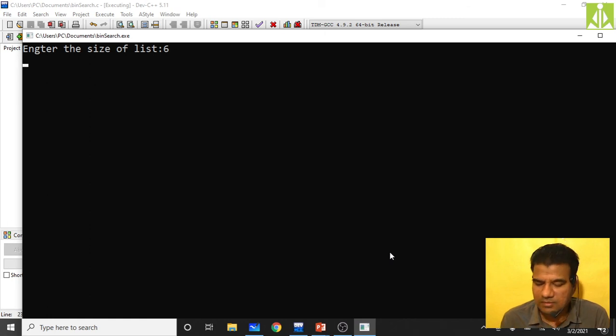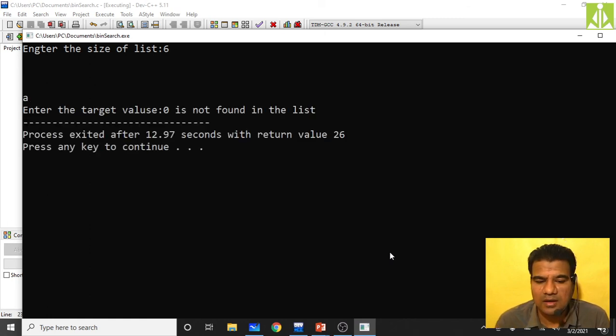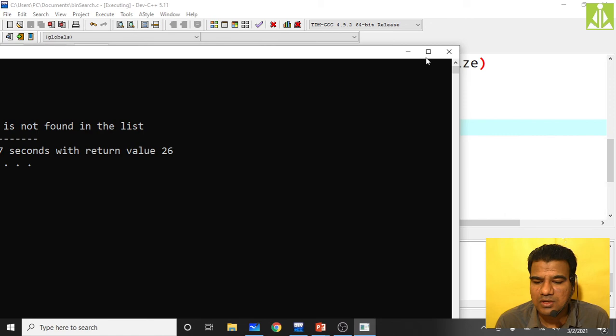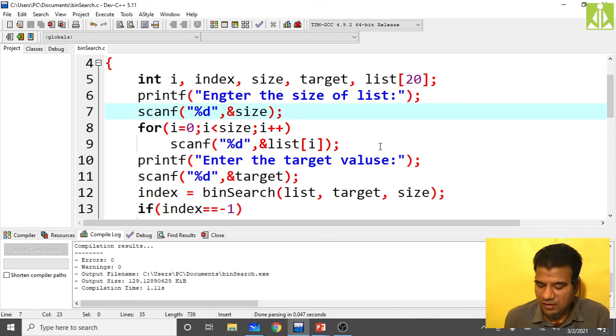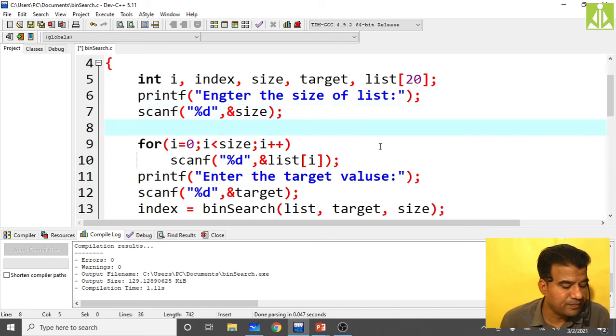Yeah, there is some mistake. Target is not found. So when I am entering the list size and percent d, yes, here we need to put one message.